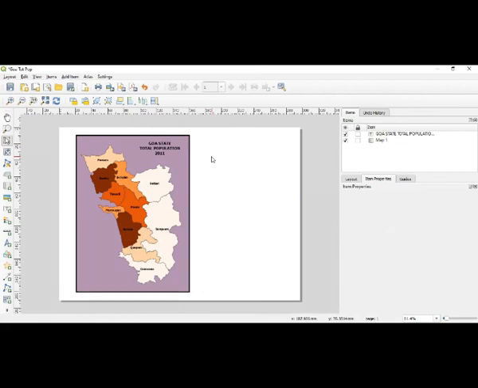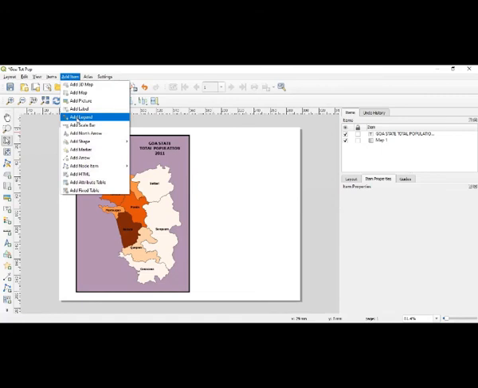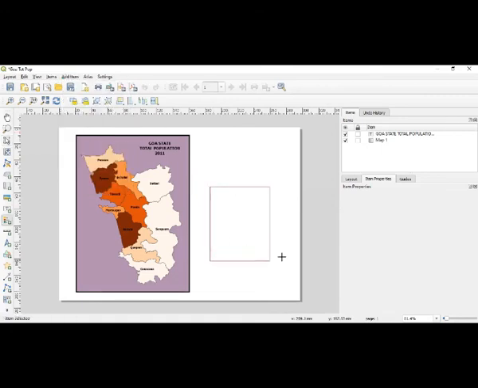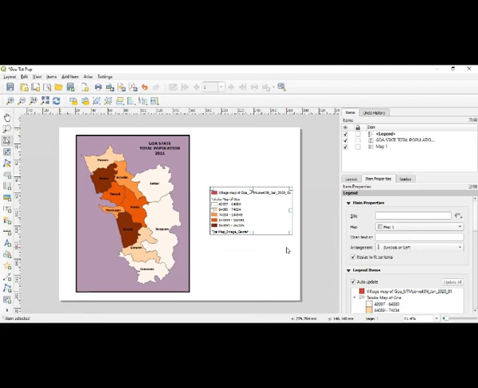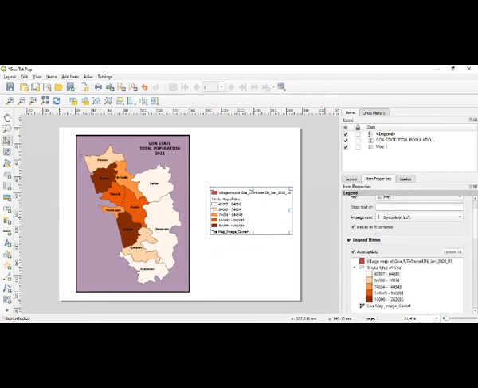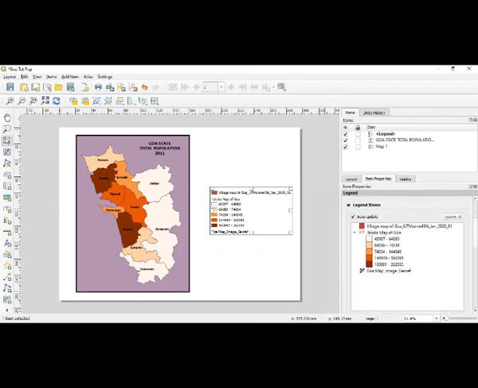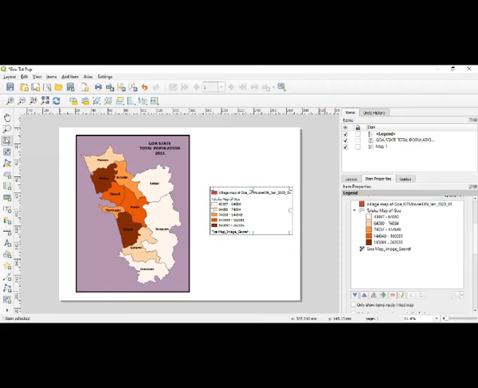But when I want to go for the legend, you can again go to add item and go to the legend. You can take the legend and drop it here, and all the things which are there on the map are going to be seen here. In order to edit that, because unwanted things are also there along with wanted things, I don't want this village map of Goa. So what I have to do is uncheck auto update. The moment you uncheck, some of the things appear here.